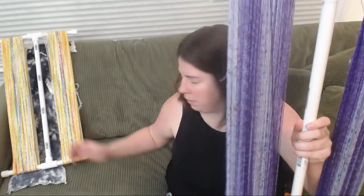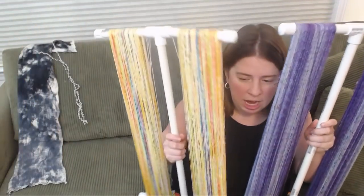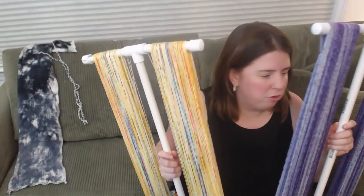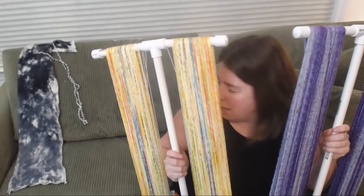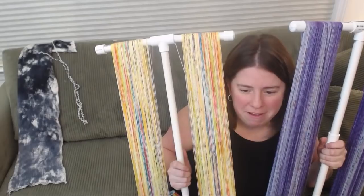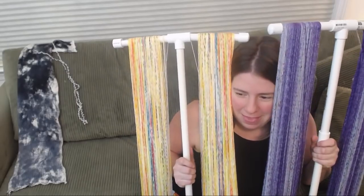I'm pretty bad when it comes to ties in general, but there. And so then on the Nitty Naughty, I can go and spray these and let them dry. But I'm debating, I need to make another Nitty Naughty because I have a third blank over there that I really, really want